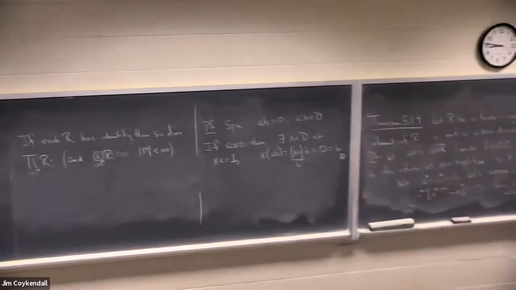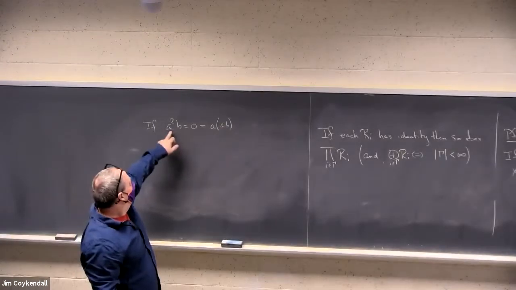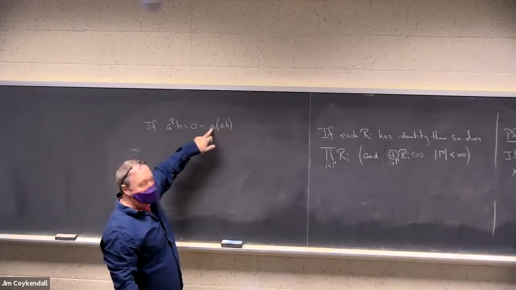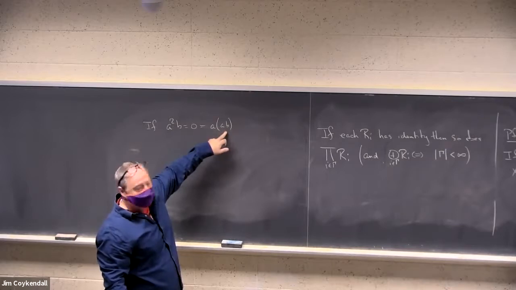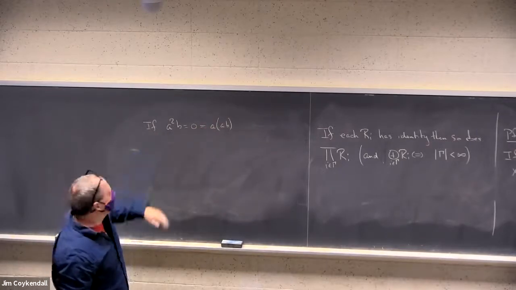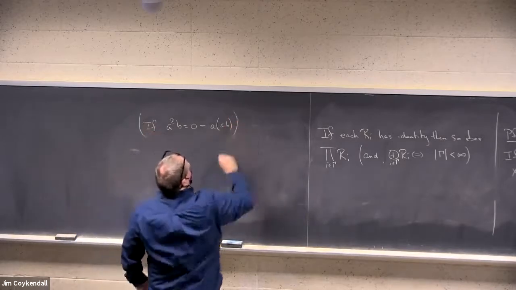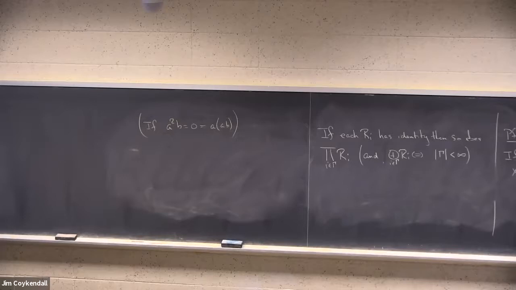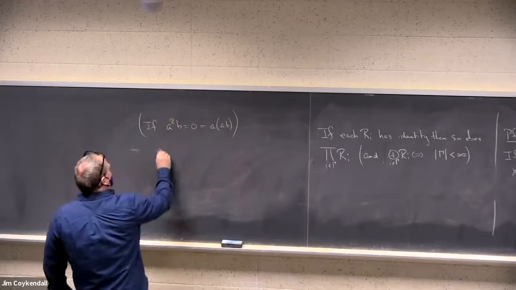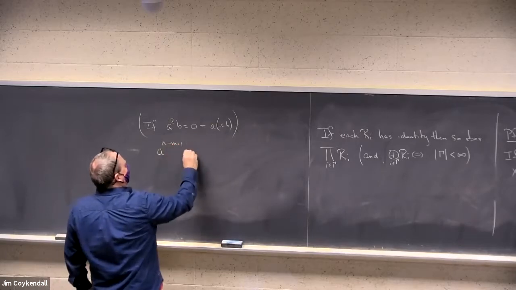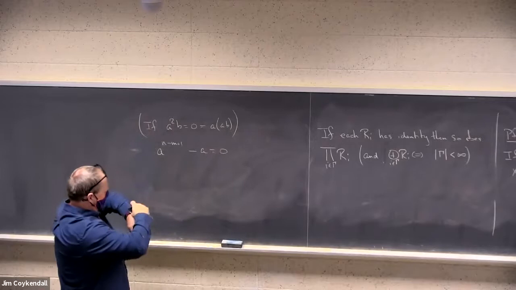Suppose A is not a zero divisor, but now suppose A squared B is zero. That means A times AB is zero. But A is not a zero divisor, so that means AB is zero, which means A times B is zero. This is how you reduce things, right? And so what we have here is the product of these two things is zero, and A to the n minus 1 is not a zero divisor. So what does that give me? That gives me A to the n minus m plus 1 times B minus AB is zero, and therefore,